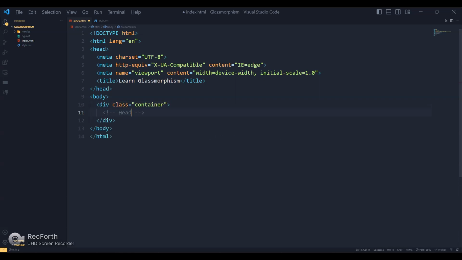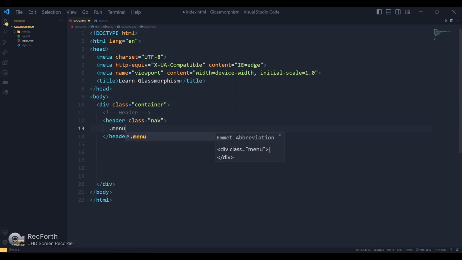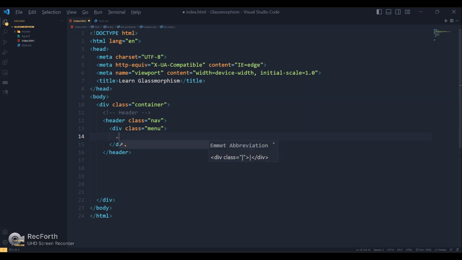and here we're going to have our header. I would like to give it a space so I'm not confused as we go on. I'll create a header tag with a class of nav. Then we'll create a div tag with the class menu. If you're wondering how I did that, just click dot and